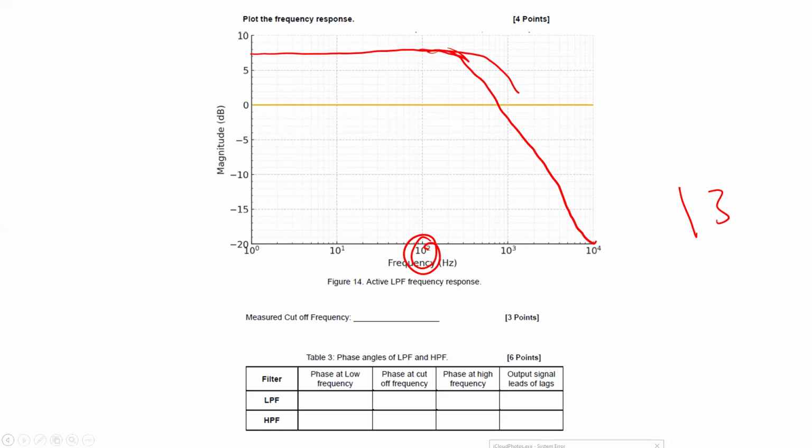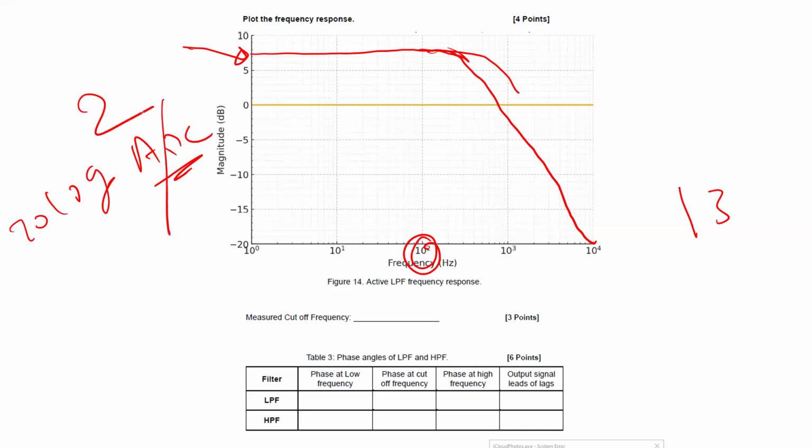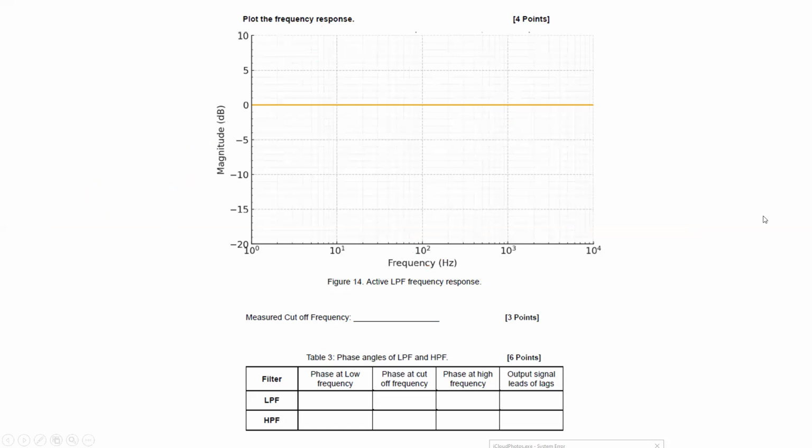Okay. But first of all, tell me where I have to start from here. As I told you before, it should be 20 log ADC. ADC here is 2. So if you calculate 20 log 2, this should be 6.02, something like that. You have to start from 6.02, and then once it drops by 3, to 3.02, this should be the cutoff frequency. Okay, but one more thing I want to explain to you here, guys, about this